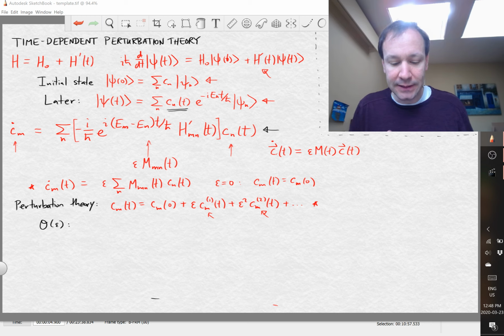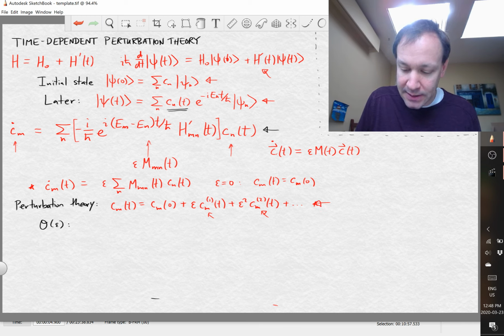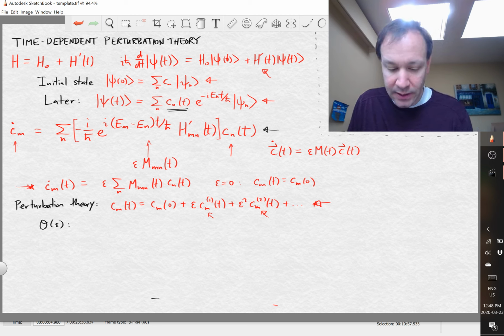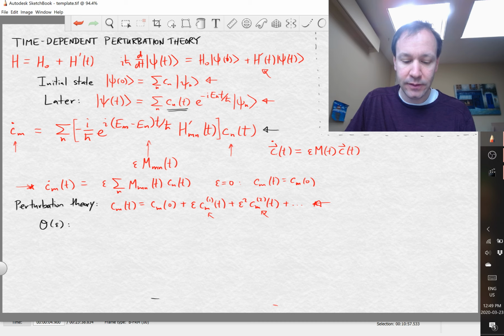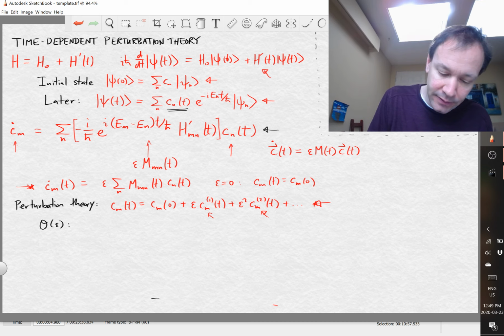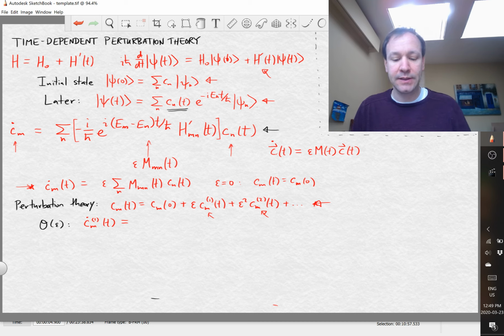So let's have a look at the left-hand side. When we plug in our expression here to the left-hand side of this equation, there's only one term of order epsilon, and that's epsilon times Cm1 dot of t, the time derivative of Cm1 of t. This is the term with one power of epsilon, and I'm just removing that one power